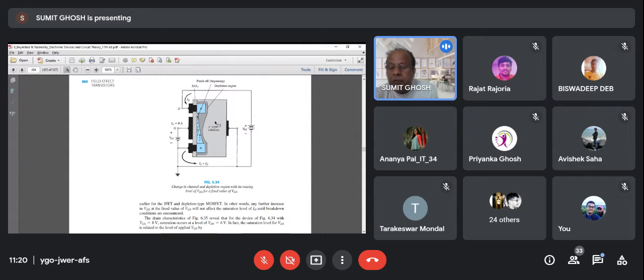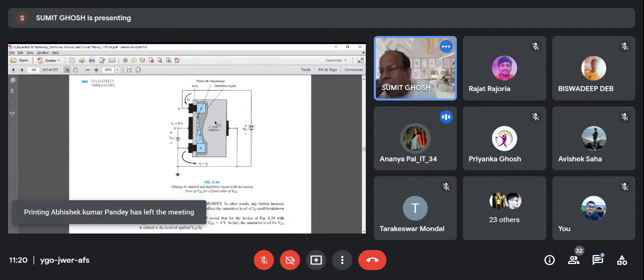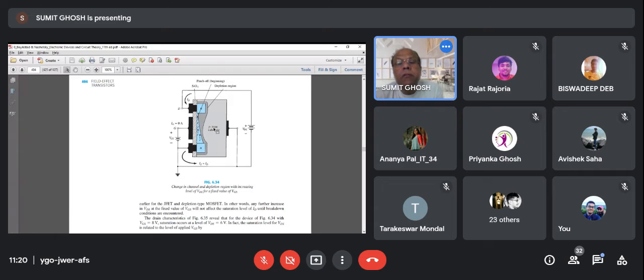Now you understand why it is reverse bias? It is because the N type is connected to the positive terminal with respect to the P type. We have discussed that if N is the positive terminal and P is the negative terminal, then it is a reverse bias junction. So you see a very important characteristic: this drain is reverse biased with respect to the substrate, whereas the source is not reverse biased.